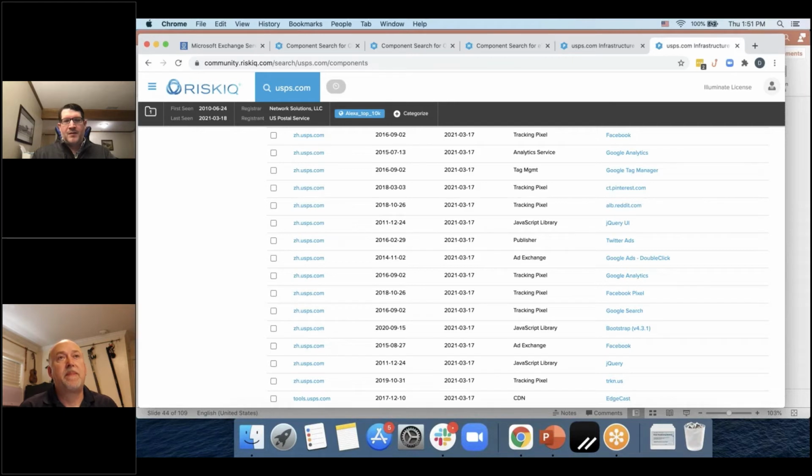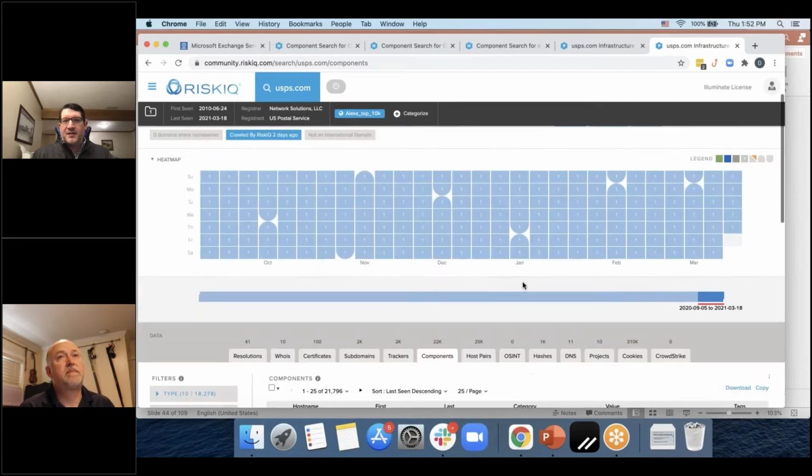Yep. This stuff is, by design, something that's on your public-facing infrastructure. A threat actor can go and look at the DOM, the document object model, for a web page. They can see this themselves. They can see what JavaScript you're running. They can see what versions are running. It's a little bit more manual for them. We've automated that process. We do it at scale across the IPv4 space. So it's all here, and it's pivotable and searchable, which is really why it's useful for us as defenders and investigators. So this is the components tab.